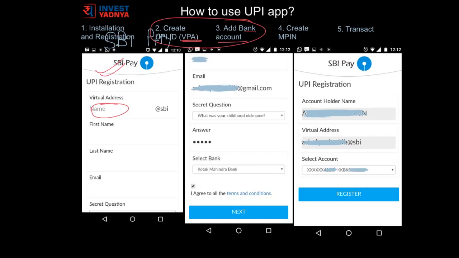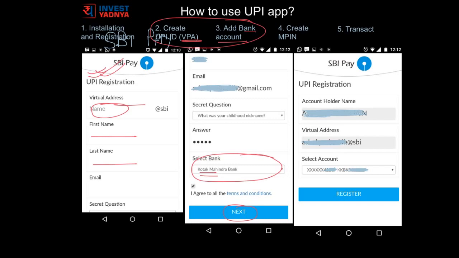If your chosen ID is not available, please try different combinations to finalize this. Enter other details and also choose the bank where you have your bank account and your current phone number is registered. In this example, the user has an account in Kotak Bank and selects it from the list of bank accounts. We have masked other details here. After you have entered all details, click on next. Next is the confirmation page where you will see your name, your virtual address with SBI and corresponding bank account details.